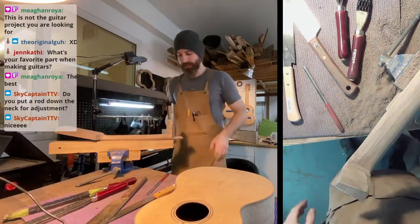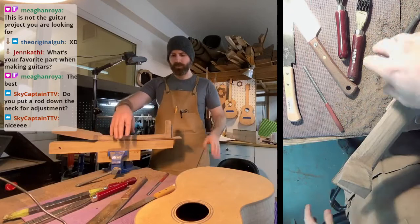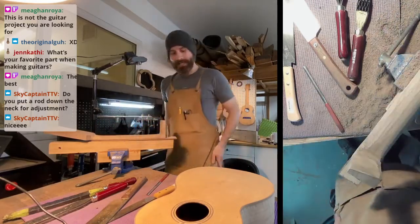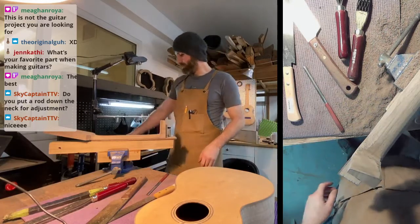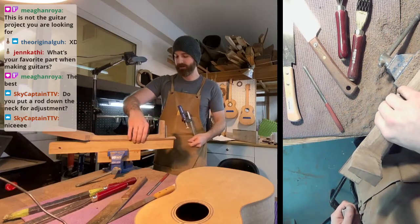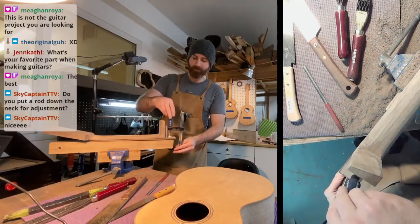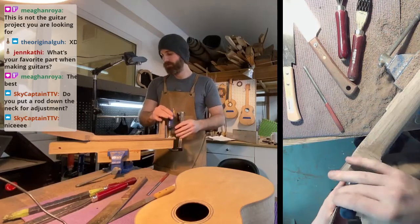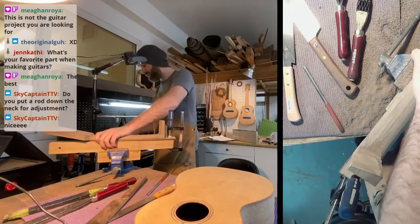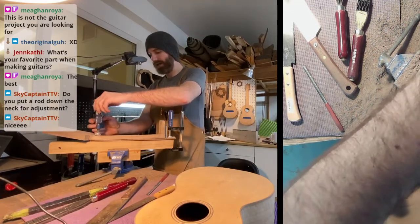Just don't make mistakes. I haven't screwed up. That was the one thing I didn't have a lot of problems with, my carving. That's why I always got stuck on neck carving in the shop. I always got assigned that. For whatever reason, because of my previous woodworking experience, carving a neck wasn't a big problem. I've gotten better at it, but